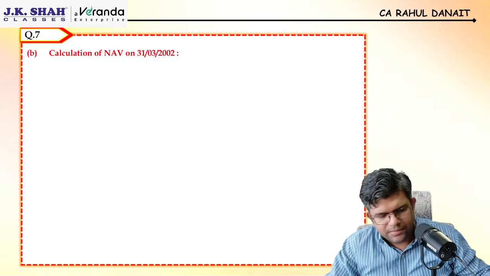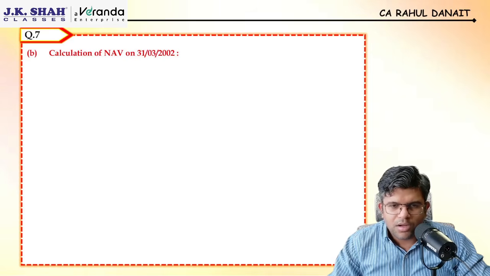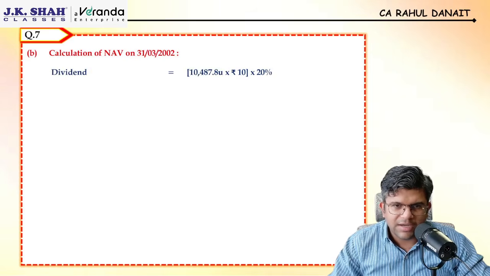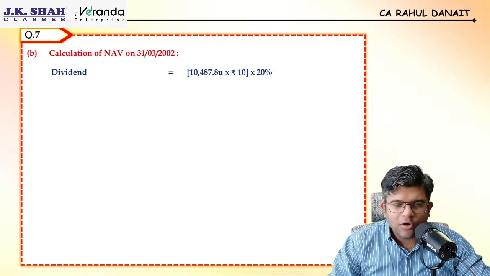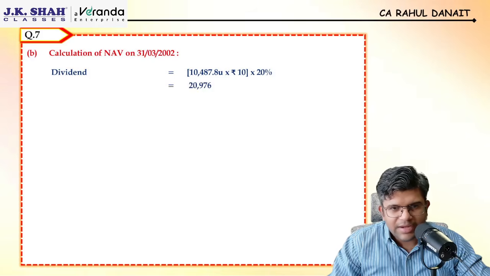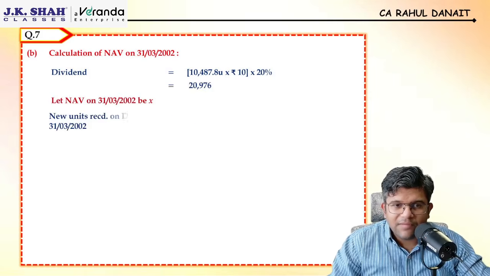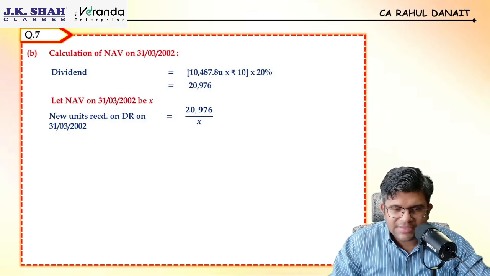Everyone understood till here? So now we can start doing. Dividend received on 31/3/2002, can I say, will be 20,976? But that dividend we will not get. We will reinvest it at the NAV on that date. Let the NAV be X. So the new units you will be receiving is